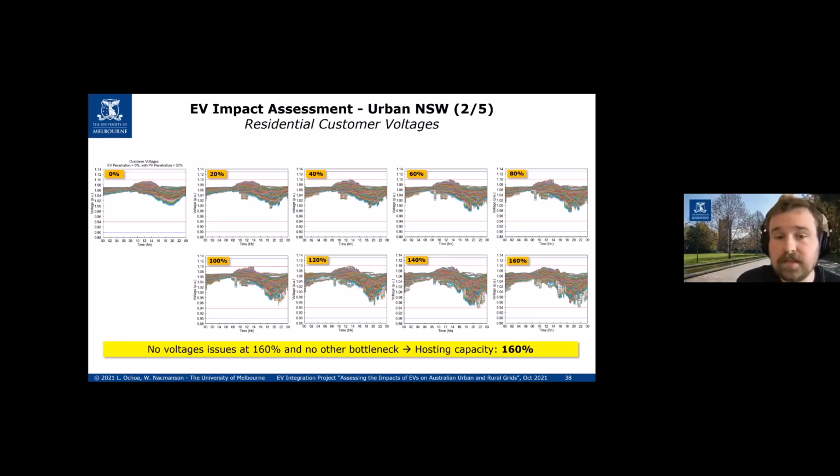But an important thing to note here is, yes, we might not have any problems, but if you look at that 160% plot on the bottom right, we're very close to both the upper and lower voltage limits. So let's say PV is to grow in penetration, you're then going to start running into problems in the upper voltage limit. And then you can't really do much adjustment with the off-load tap positions of the LV distribution transformers to lower the voltages, because then you're going to exceed the voltage limits in the evening. So while there aren't voltage problems here and the urban feeder is doing well, it's something to think about going forwards. So if we move on to the next slide, please.